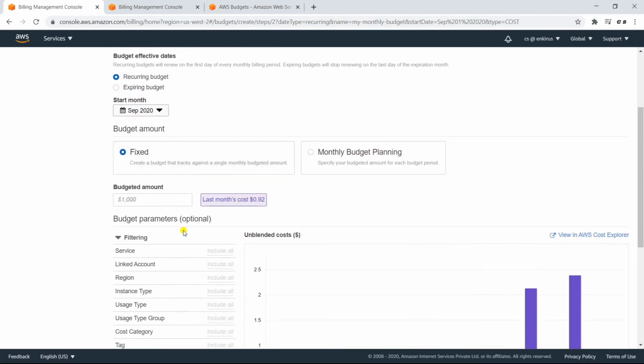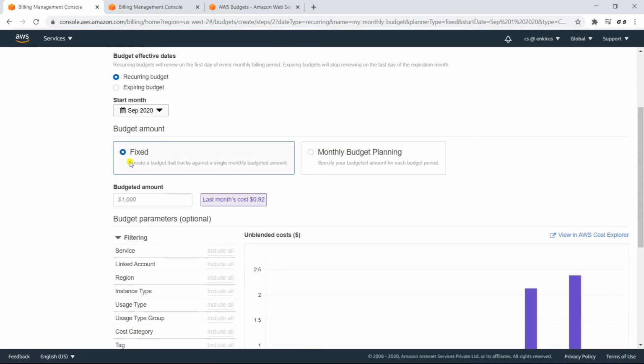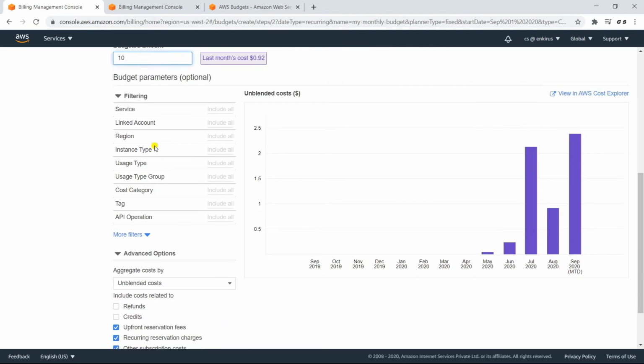See, under fixed and monthly budget planning, fixed is the amount you particularly set for every month, or otherwise, if you have a variable workload in various months, you can set accordingly here. Let's set a fixed budget. Let's set the amount to $10 here, and there are filtering resources.